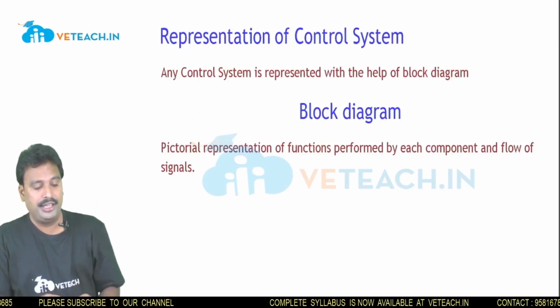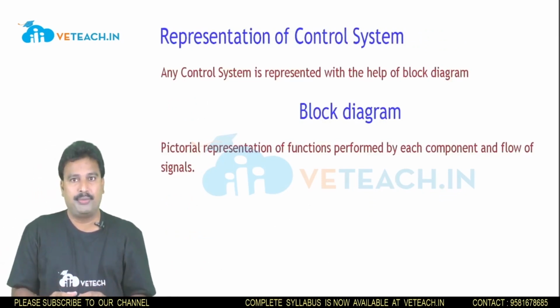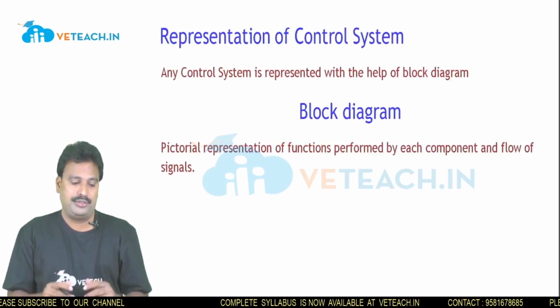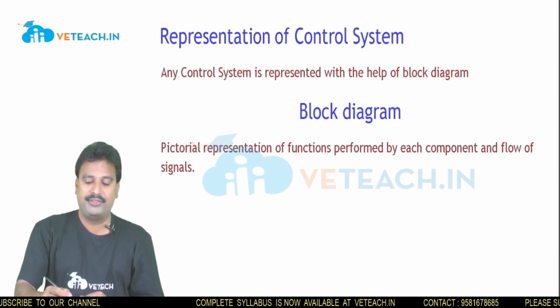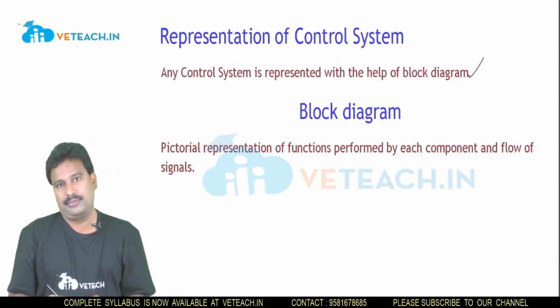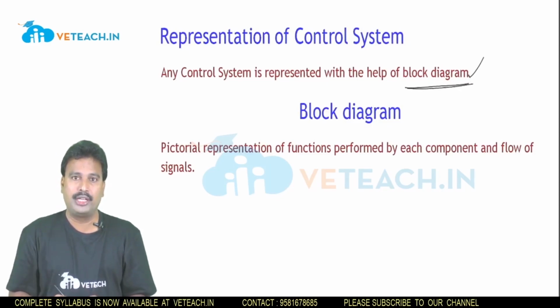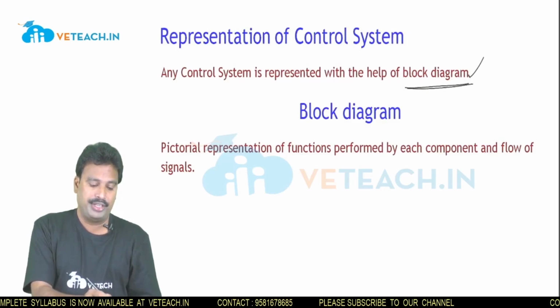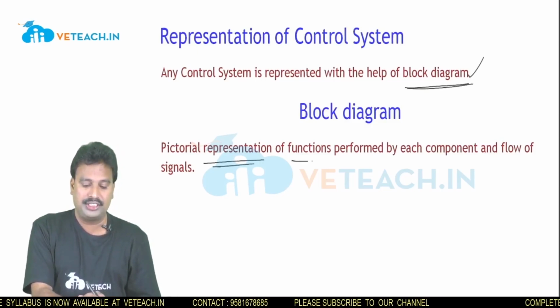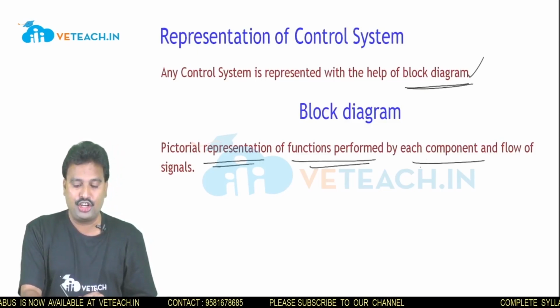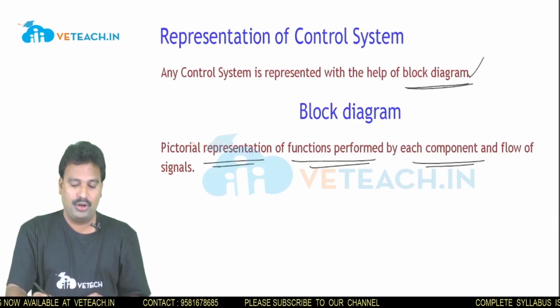So now we see how a control system is represented with the help of a picture. A control system is represented with the help of a block diagram. Now we see what is meant by a block diagram. A block diagram is a pictorial representation of the functions that are performed by each component and gives the flow of